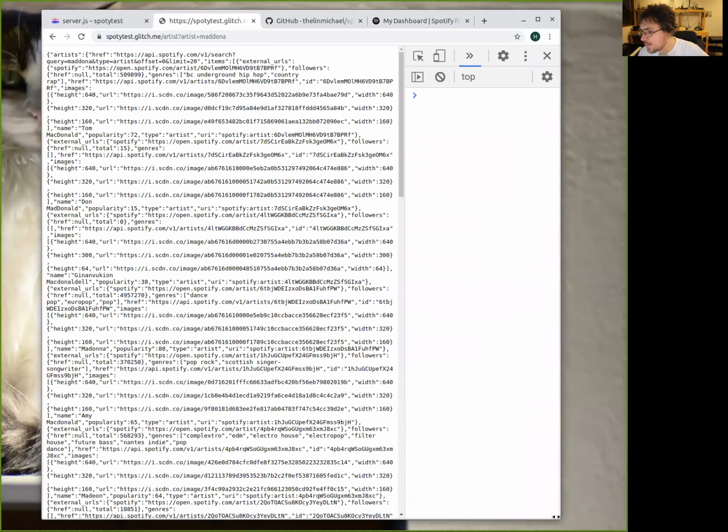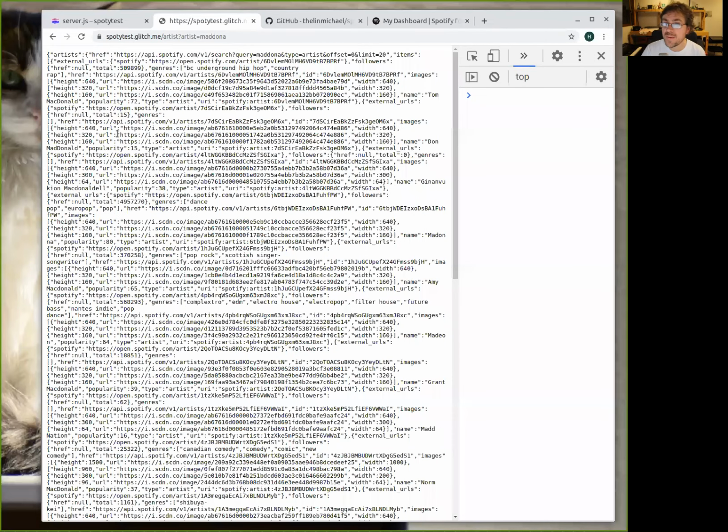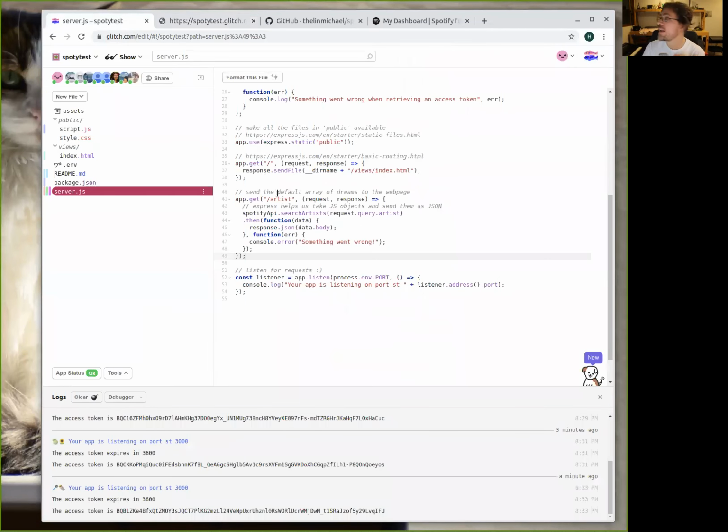This is nice. What we have achieved in the last 20 minutes is very interesting, because now my application Spotty Test is going and is giving me a bunch of artists. But it was not me. It was not in my house where the search to the Spotify happens. It was on the Glitch computer, which is the one that is hosting our server, right? You understand that? That is very important.